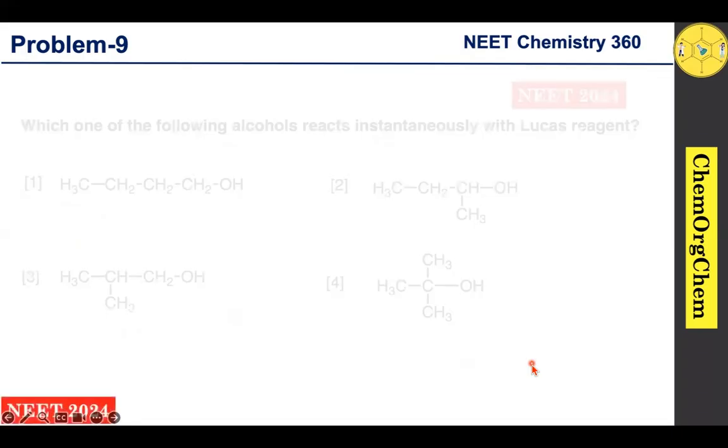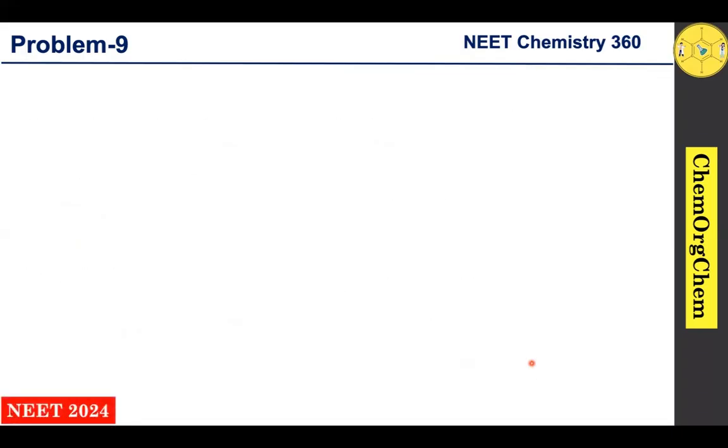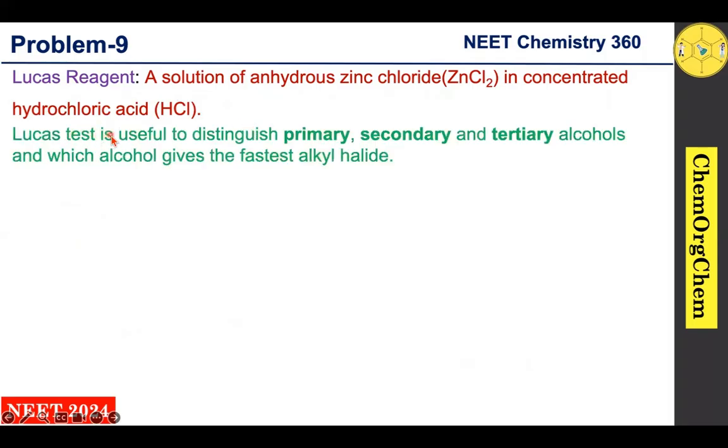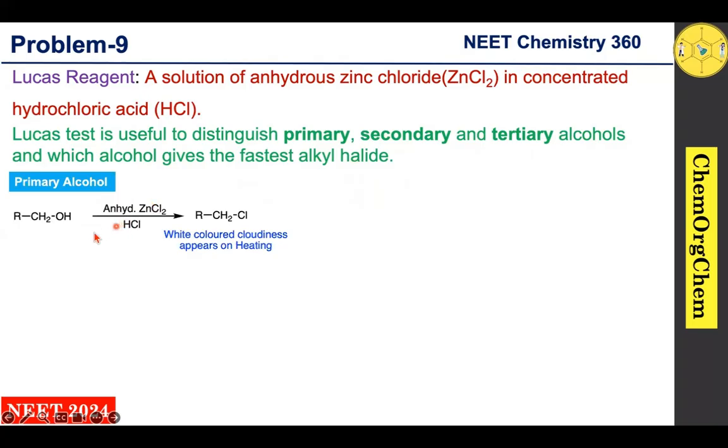So before moving to the solution, first we should know what Lucas reagent is. Lucas reagent is a solution of anhydrous zinc chloride in concentrated hydrochloric acid. In general, the Lucas test is useful to distinguish or classify primary, secondary and tertiary alcohols, and to see which alcohol gives the fastest alkyl halide. So for example, when you take the primary alcohol and react it with Lucas reagent,